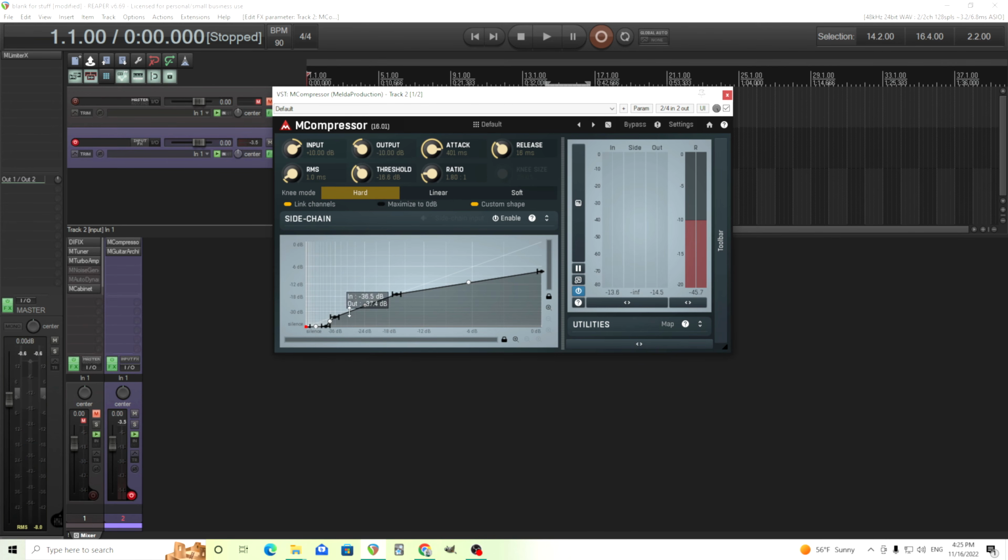I probably want to adjust this more, maybe adjust the attack time. I think maybe that was a little bit too long. But of course, set this however you like. The release, what this is really going to control is how fast, after you let go of a note on the fretboard or your keys, etc., that you can start playing again. If I'm holding something like a chord here,